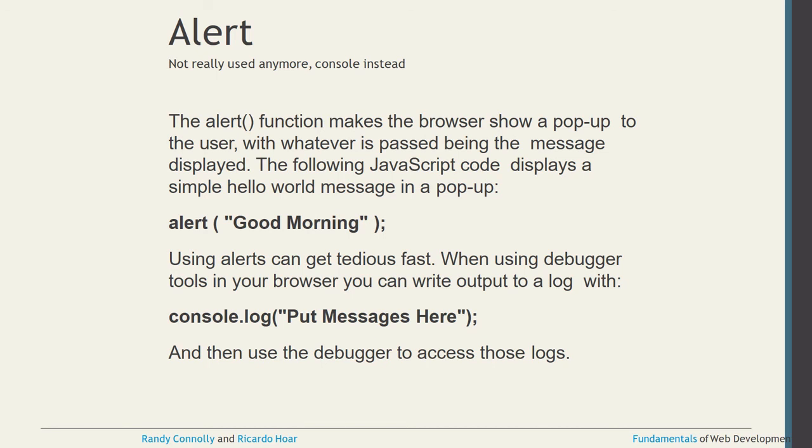Another advantage for the developer: if you are using some debug tools and want to write the output in the browser log, then in place of alert you can use console.log. This is for debugging purposes. Whenever you want to display the message in the log, you can use console.log, then parentheses, double quote, the message, close the double quote, close the parenthesis, and then put the semicolon. Clear? So this is regarding the alert.